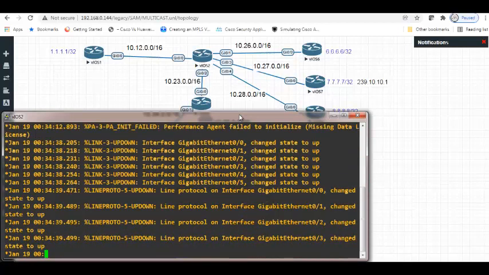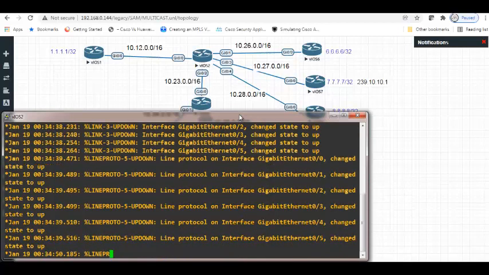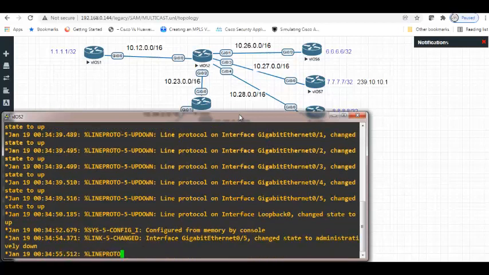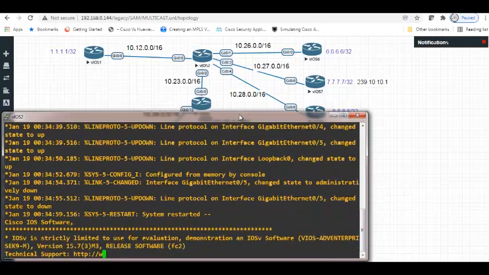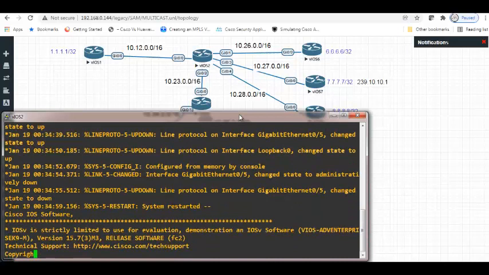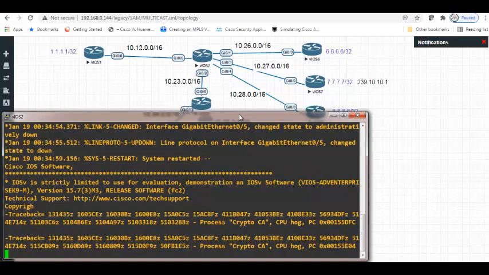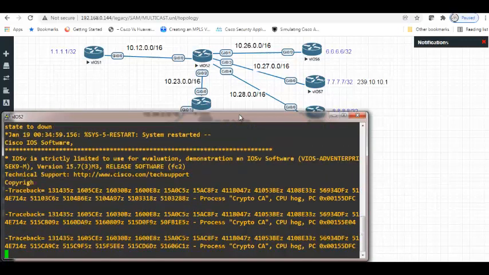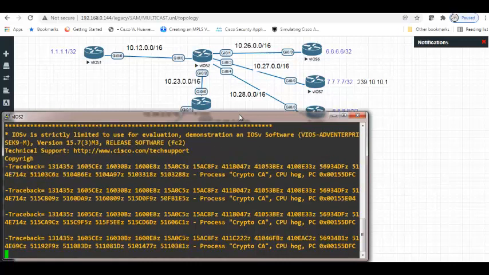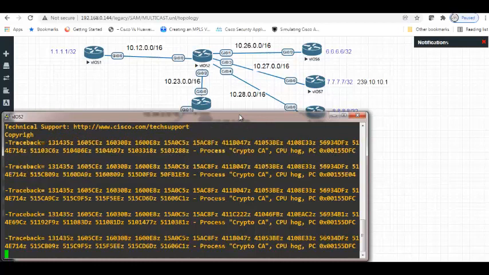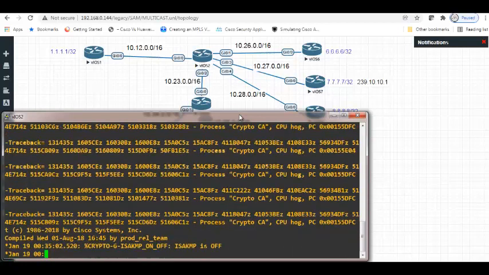Earlier we configured OSPF as the routing protocol, and we got the routes, and we were enabling PIM dense mode, and then we also joined IGMP groups on router 7 loopback and router